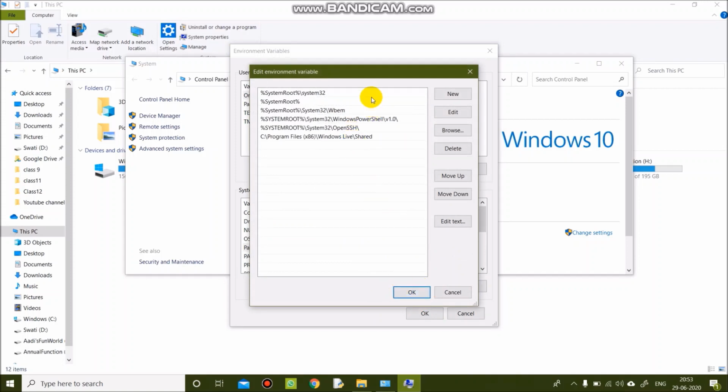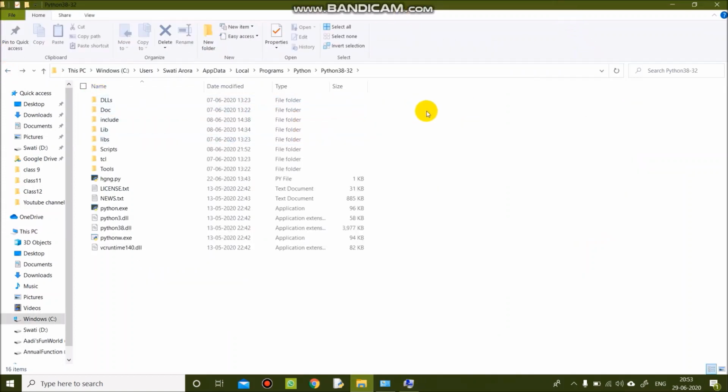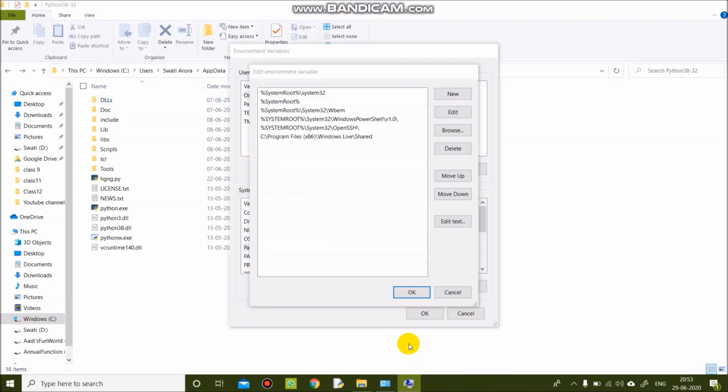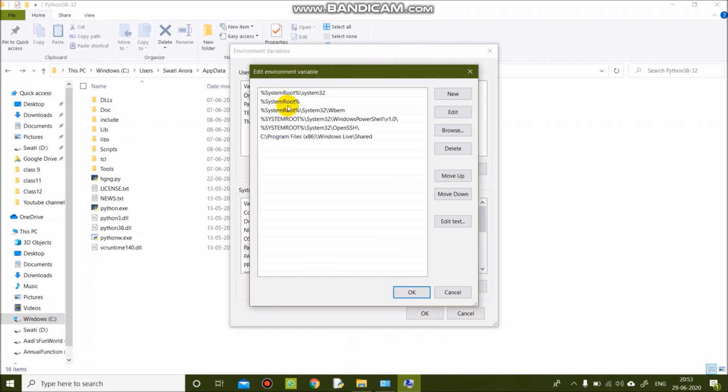Now if you find anything that shows where your Python folder was installed, for example, my Python folder was installed in this particular directory: C, Users, Swati Arora, AppData, Local, Programs, Python 3832, and I cannot find anything in these environment variables. So if you see it, then you don't need to do anything. Just click on Cancel, and you are ready.